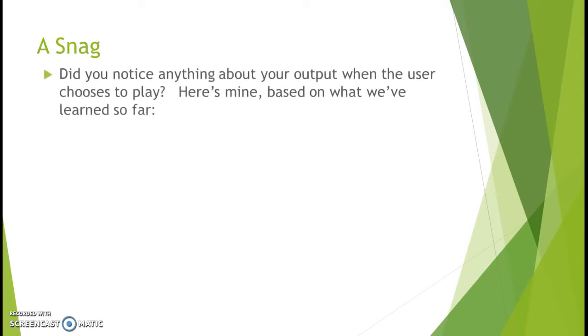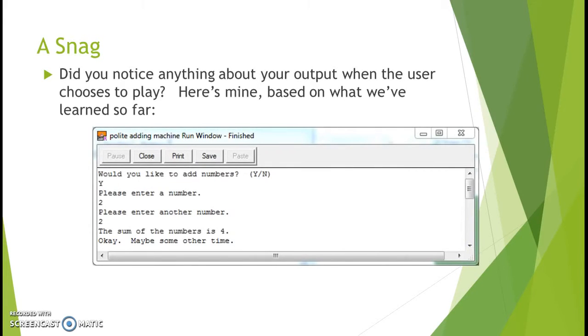Alright, so you may have hit a snag when you did this. I did the same thing along with you. Did you notice anything about your output when the user chooses to play? Well, here's what I got for my output based on what we've learned in this course so far. My program asked the user if they wanted to add numbers. The user selected yes. They entered 2 and 2, and our program calculated the sum of the numbers, 4. Hey, it did it successfully. Very good. The only problem is my sign-off statement